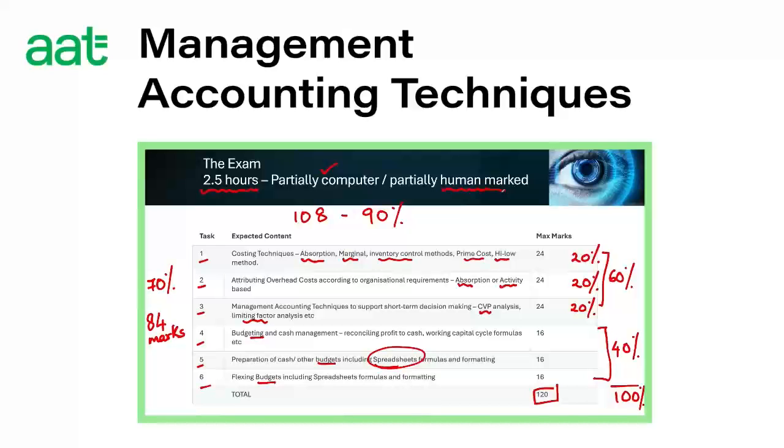Remember, a computer is very logical in the way that it marks. A tutor or marker will give you the marks based on what you've done and whether you've done it right. Because Excel has so many different ways to do things, of course, you've got to be careful not to overdo it. And we'll talk about that, no doubt, as we go through. So first of all,